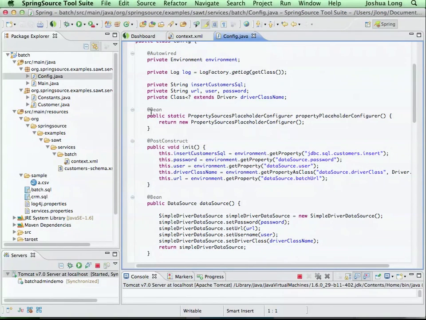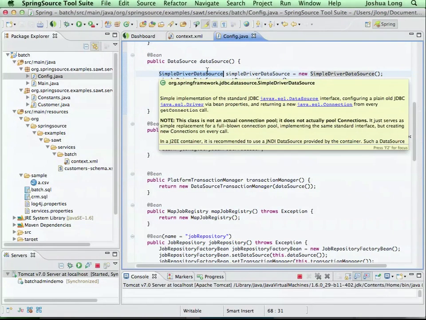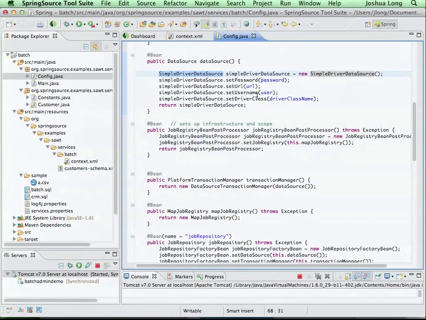Well, it turns out that if you want to define Java objects, using XML is fine, but you know what else is really good at defining Java objects? Java is pretty good at defining Java objects, it turns out. So we have this Java configuration mechanism, right? So when you see @bean, read that as a bean tag in XML. The class is the return type, and the ID of the bean is the method name itself. So this is just a definition in XML that looks exactly like what you'd think, and we're actually constructing the object ourselves. We can call the properties, and we can do if-then statements and do all that stuff. And then the return value is what's actually returned to Spring.